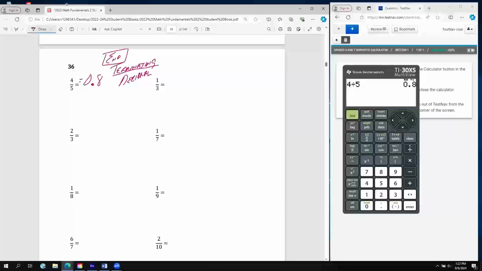Now, let's look at the next one. This one is going to be quite different, and hopefully you can see the difference now between answers when we divide. The next one is 1 divided by 3. I'm going to go to my calculator and put that in. 1 divided by 3. This answer is quite different. Some students will say, so Darren, I see